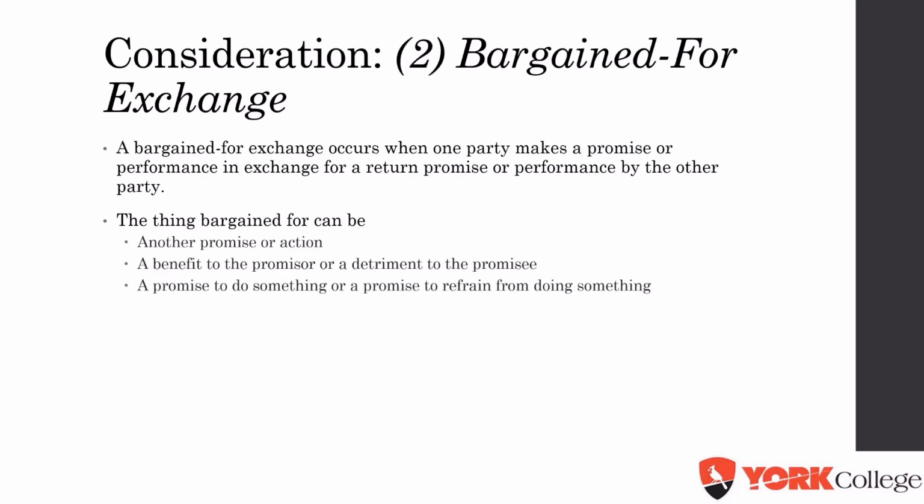If it's two parties, both sides of that coin, both parties have to suffer the legal detriment in their promise or performance within the contract. So it just simply means that both sides have to suffer legal detriment in the promise that they promise each other, and these two have to be exchanged for each other. So that's why the Amanda and Bob example is a cookie cutter example of when consideration is valid.